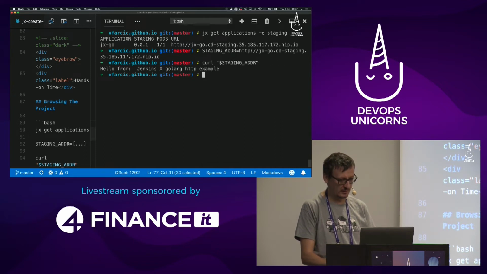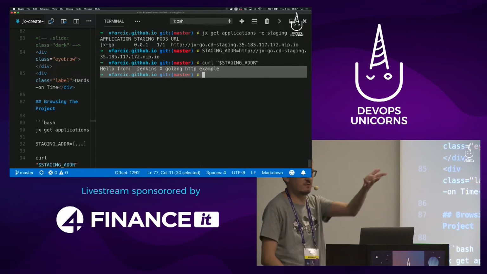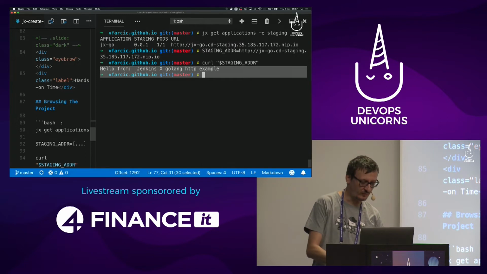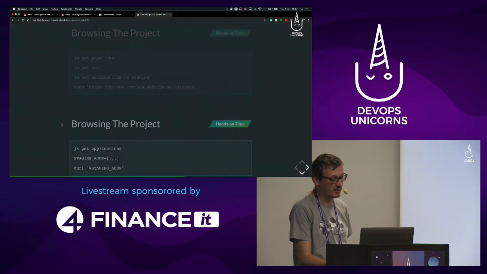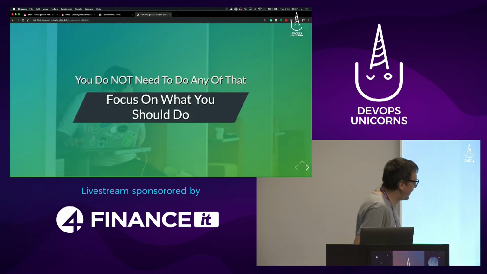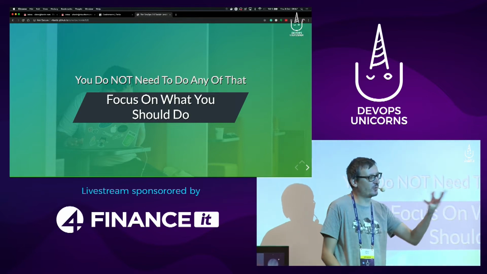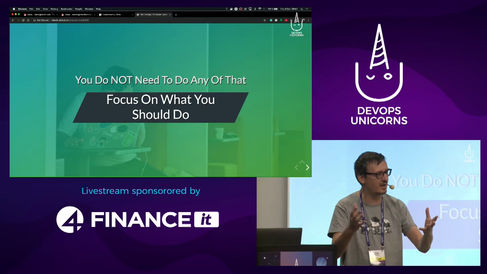And you can see here, this is the output of my newly created application, the application that I created, what was it, 10 minutes ago, something like that. So it is already running in production, in staging. I'm going to show you production later, but in reality, for those of you who want to go deep and want to understand what's happening behind the scenes, that's great.